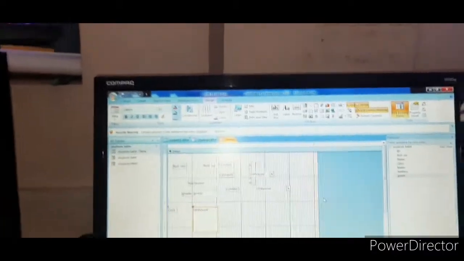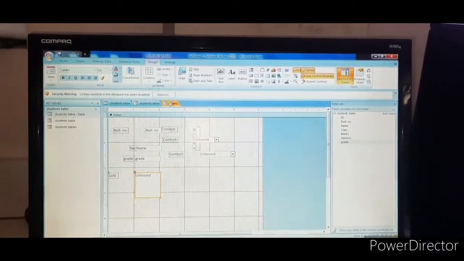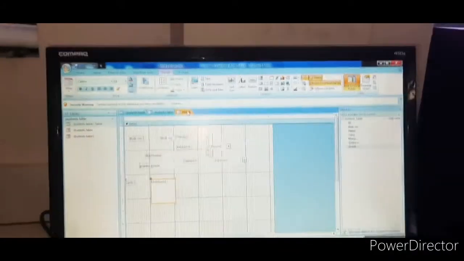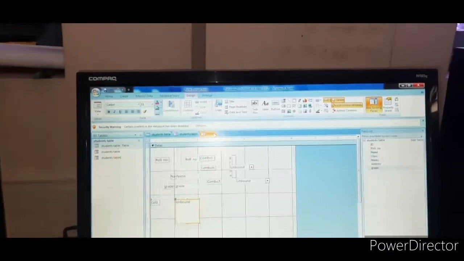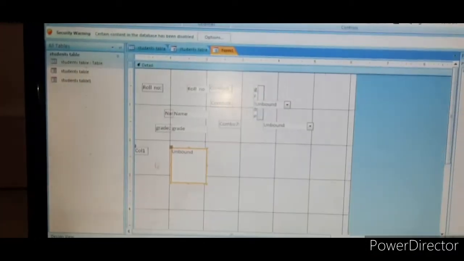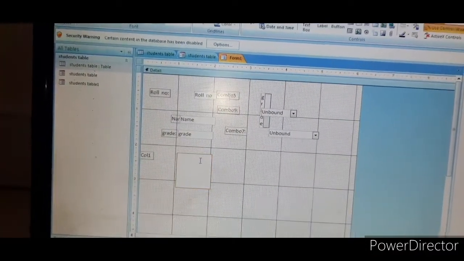Okay children. See here, after doing all this, here you will get form 1. Just click on that form 1. In the unbound box, if you want to type anything, just click on it. There you can type anything children.